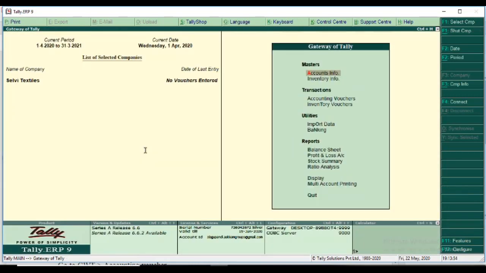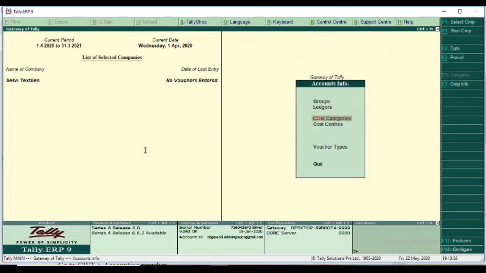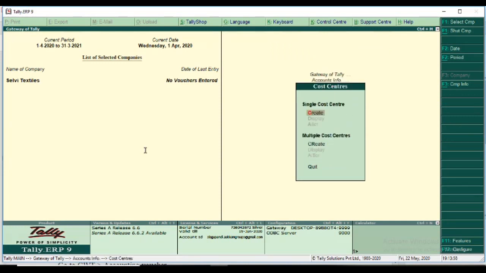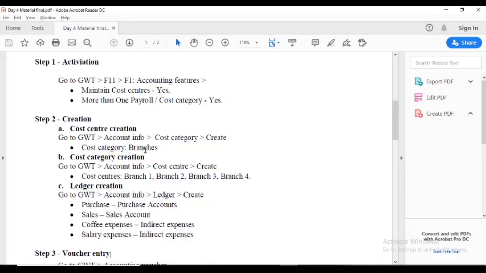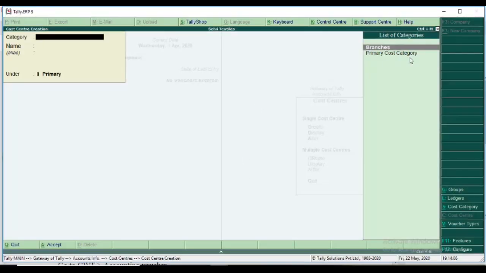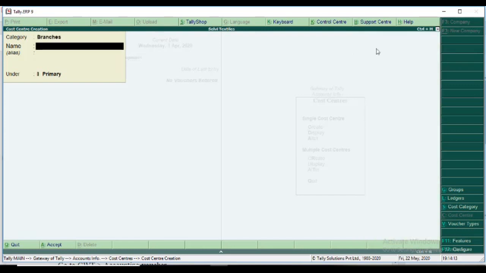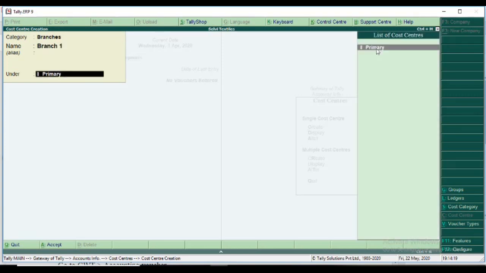I move to accounts info, then cost center. Create cost centers named branch 1, branch 2, branch 3, branch 4. First I select the category. It asks for the category, so I select the category branches. The name is branch 1, and I skip the rest.